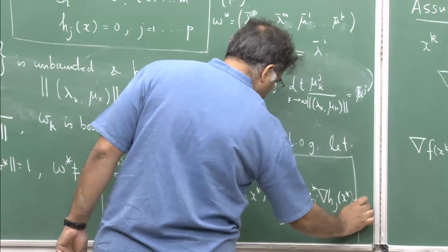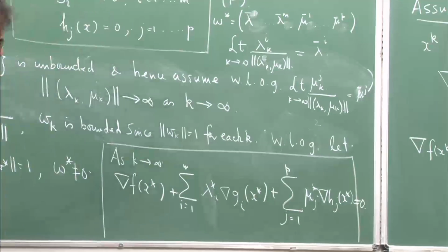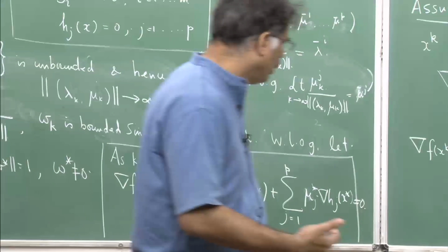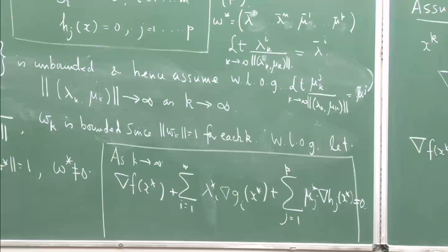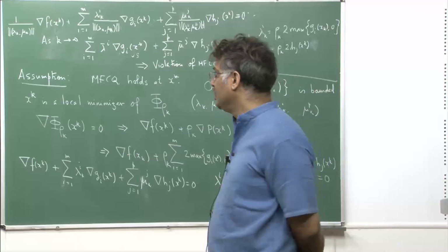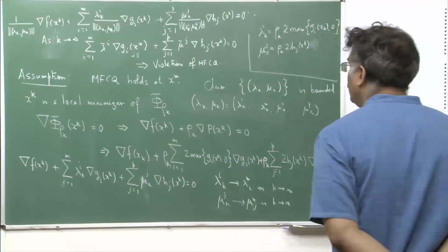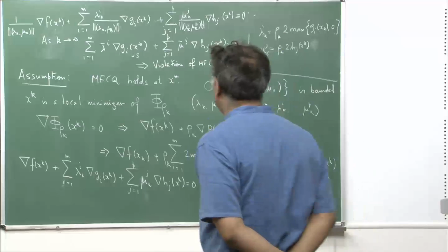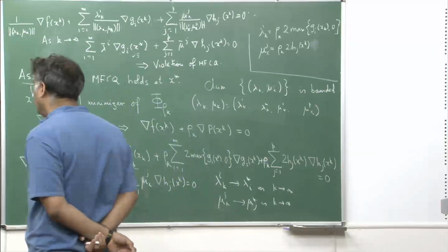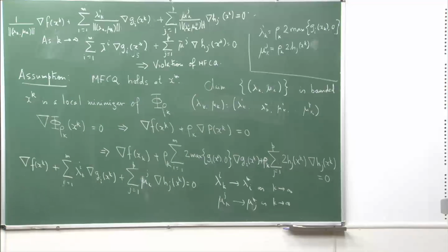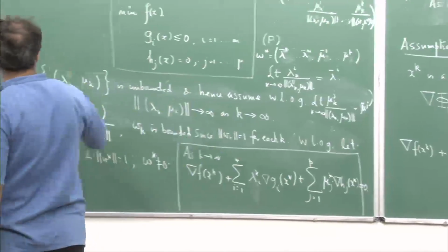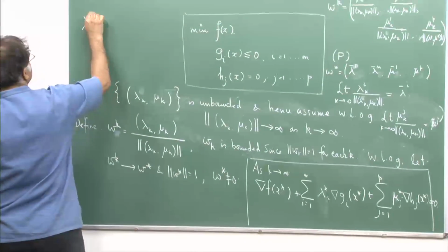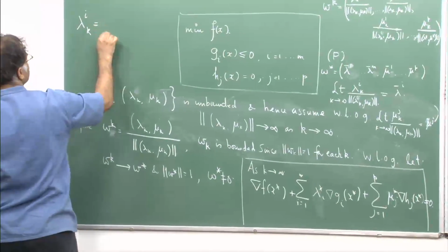So, one part of the Karush-Kuhn-Tucker condition is done. What we need to show is the complementary slackness condition. So, let us see how we look at the complementary slackness. What is now more important is to note the following, that we now have to prove the complementary slackness condition. If I look at the expression, this one,